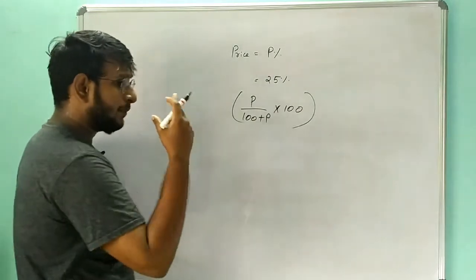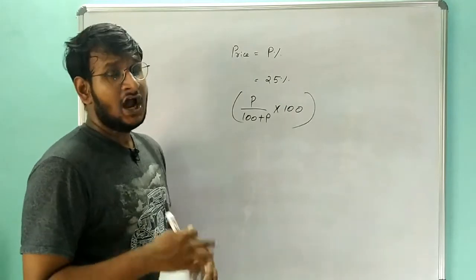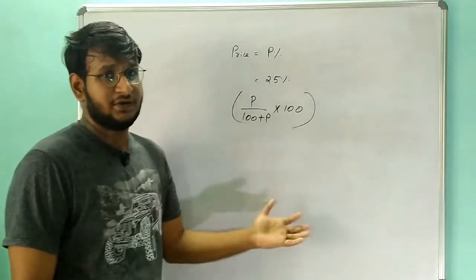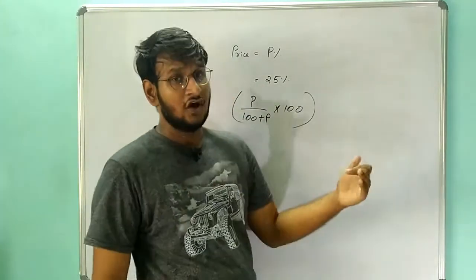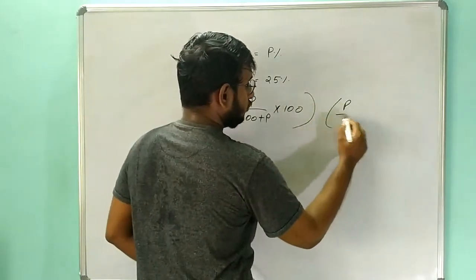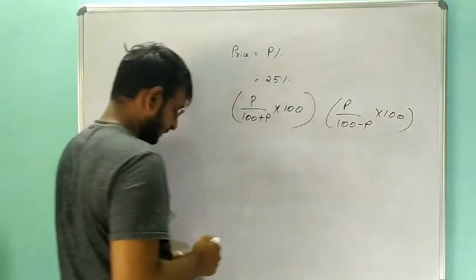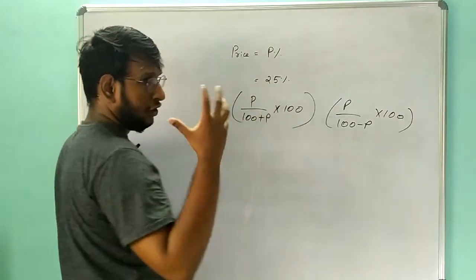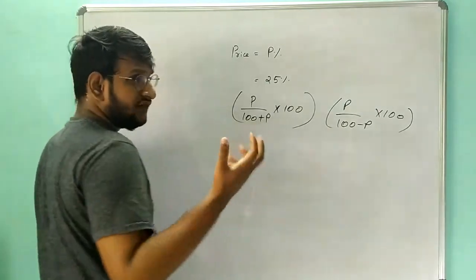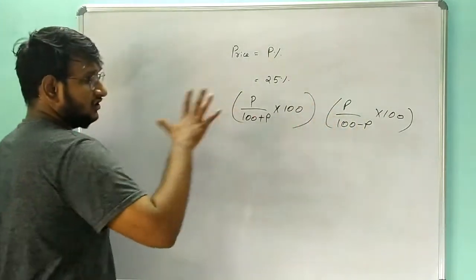And what if the price is decreased? For example, in some cases the price of sugar or petrol might decrease, and now you are planning to increase your consumption so that you meet the previous month's expenditure. In that case you are going to use the same formula, just with a minus. These two are similar formulas, you need not mug up everything. If the price increases and you need to reduce your consumption, use plus. If the price decreases and you have to increase your consumption, use minus. So these are the two formulas.